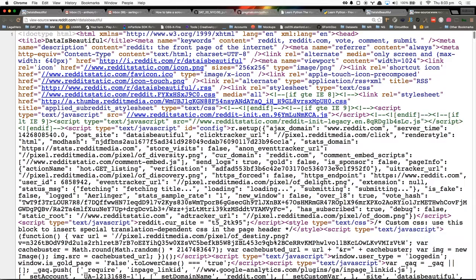Within the body, we have usually a variety of sections, and this differs per page. So the sections, and then we have paragraphs, headers, etc. You don't need to know HTML for this stuff. I'm just giving the premise of why we're doing what we're doing.